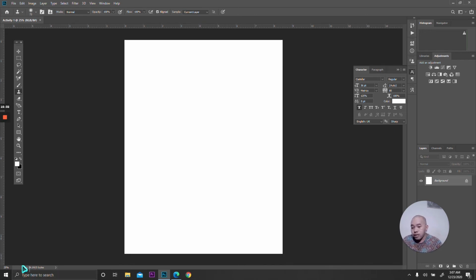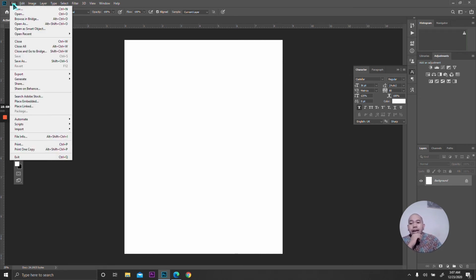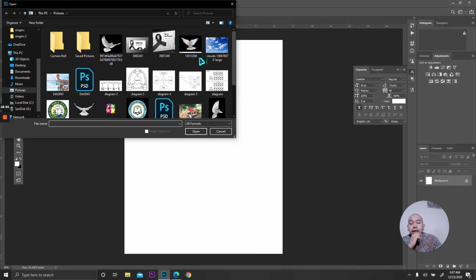Dito naman we have here, dito mo makikita kung ilang percent ng pag-zoom mo sa image. So this is our graphical user interface. Now, pag mag-create naman tayo or mag-open naman tayo ng file, then you can simply click the file and then open,